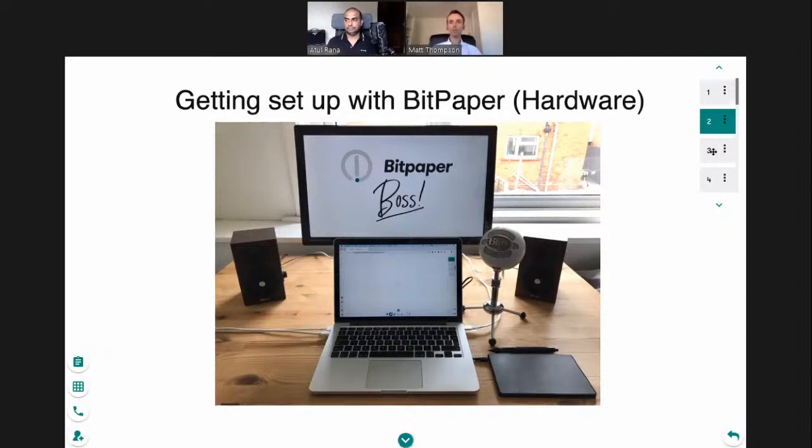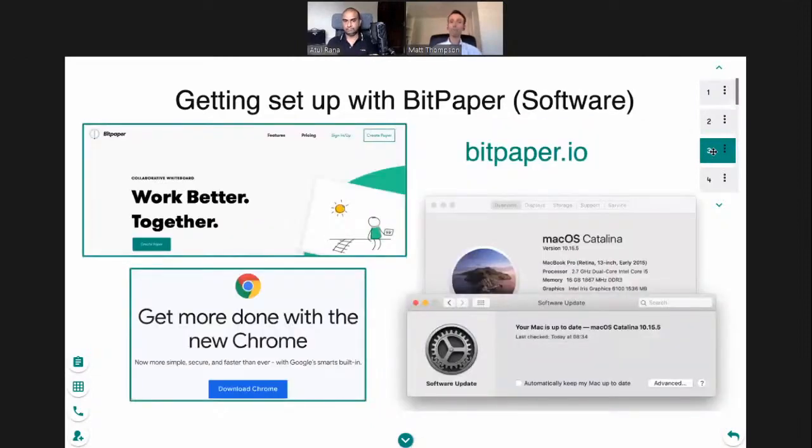Let's now quickly move on to software. There are really only a few areas that you need to be aware of when it comes to getting set up with your software on Bitpaper. The first one is, if you don't already have a Bitpaper account, you can quickly and easily get one by going to bitpaper.io. You can sign up there, but just one tip when you're signing up,